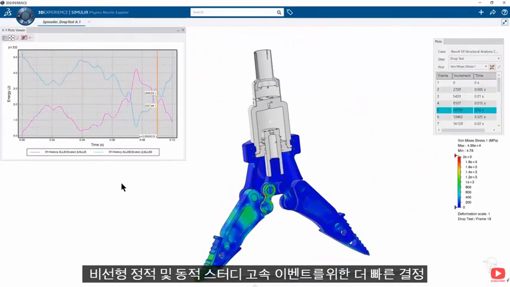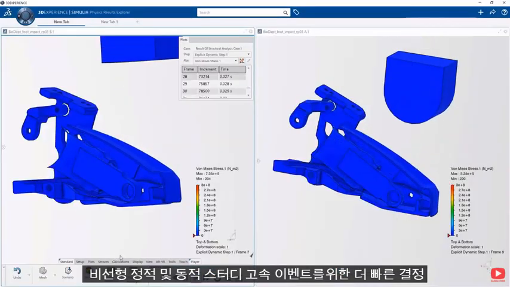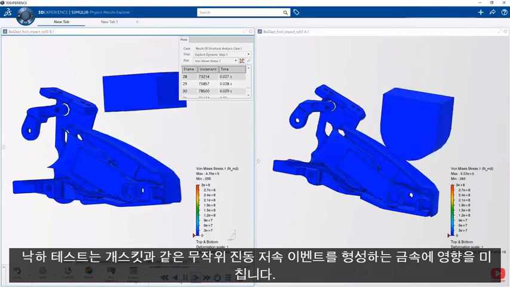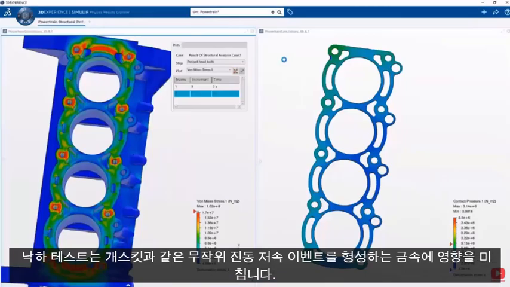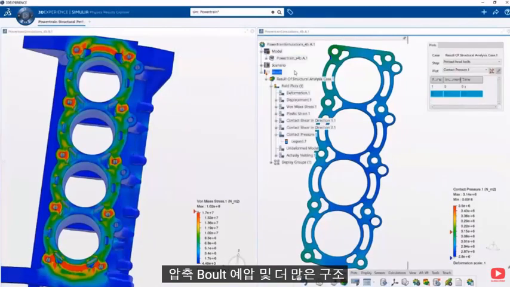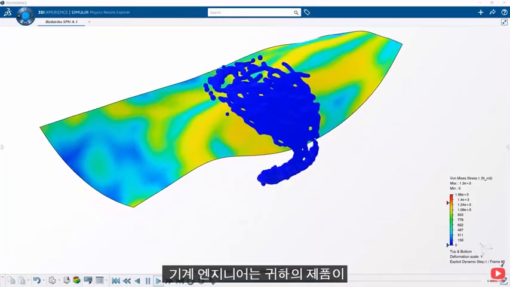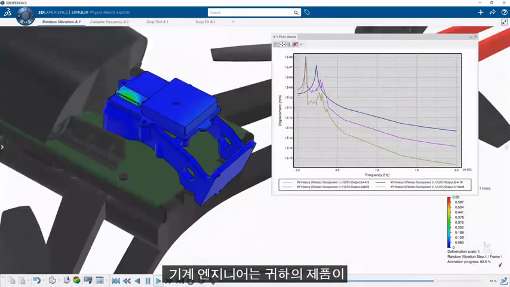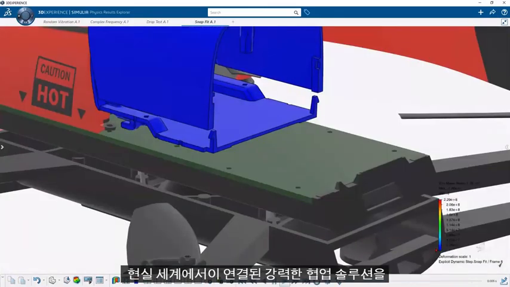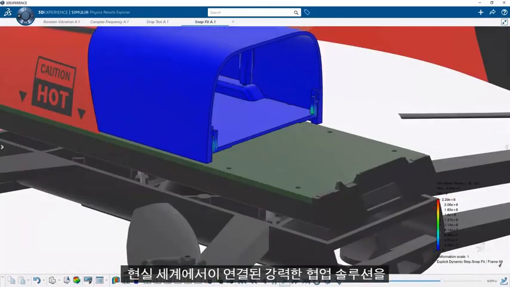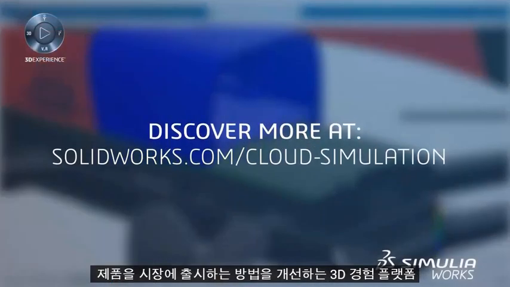For nonlinear static and dynamic studies, high-speed events, drop tests, impacts, metal forming, random vibration, low-speed events like gasket compression, bolt preload, and more, the Structural Mechanics Engineer role helps you understand how your product will perform in the real world. Leverage this connected, powerful, and collaborative solution on the 3DEXPERIENCE platform to improve how you bring